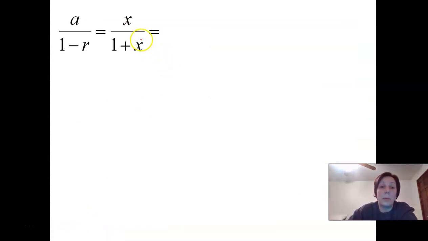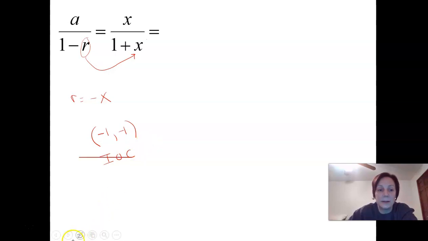Okay, so when you're looking for interval of convergence, which you did a little bit of on that last homework, if it is geometric, all you need to know is what the r value is, and as long as you keep that r value between -1 and 1, you're good to go. So in this case, our r value is -x. And notice this is a minus and this is a plus. So as long as I keep -x between -1 and 1, I'm good to go. So in other words, the only values for which this series is going to work is if x is between -1 and 1. We call that its interval of convergence,